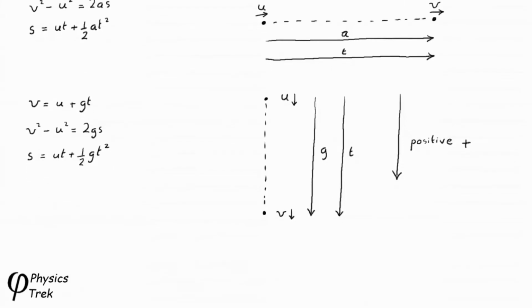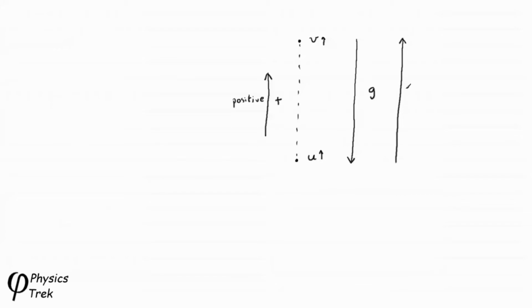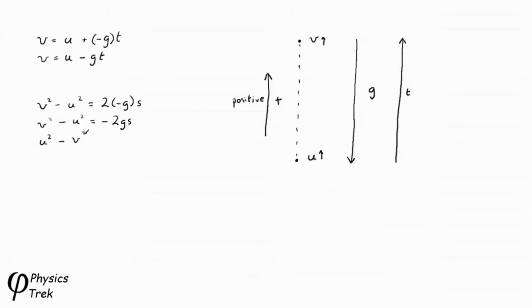Now if we move our diagram through 180 degrees and consider the object being projected upwards, u and v are both positive as before, but g is in the opposite direction and therefore negative. It is called the deceleration or retardation in this case. Now let's see how this changes the equations of motion when we replace a by minus g. We get v equals u plus (minus g) t, giving v equals u minus gt. We have v squared minus u squared equals 2(minus g)s, giving v squared minus u squared equals minus 2gs. Multiplying both sides by minus 1, this gives us u squared minus v squared equals 2gs. And our third equation is s equals ut plus a half (minus g) t squared,